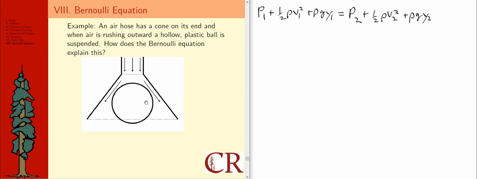Now, one issue I often find with these kinds of demonstrations using air is that air is not really an incompressible fluid, and in that sense, expecting its density to be constant is not correct. And yet, there are a wide range of demonstrations of the Bernoulli equation involving air. So apparently the Bernoulli equation works well enough to explain these things. And maybe to explain this one, I have the Bernoulli equations moved up to the top of the board from the last example. Let me redraw the picture here of this air hose with a cone